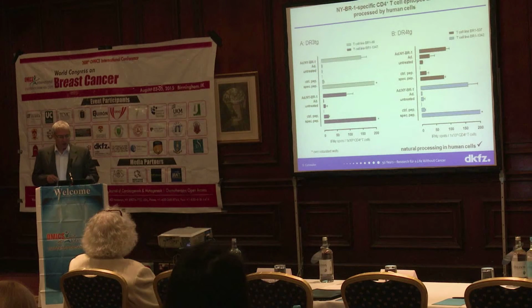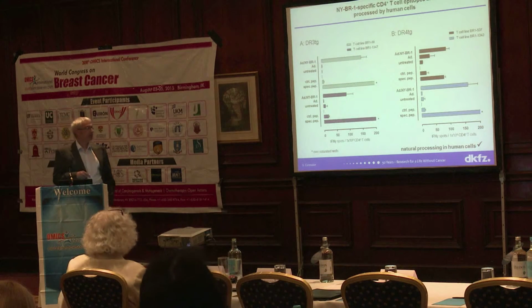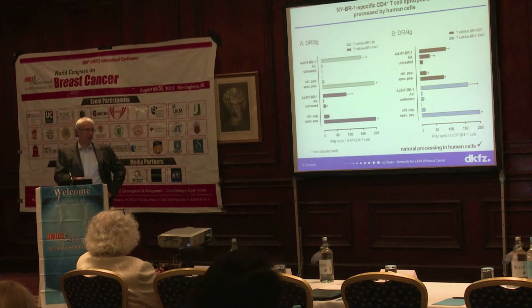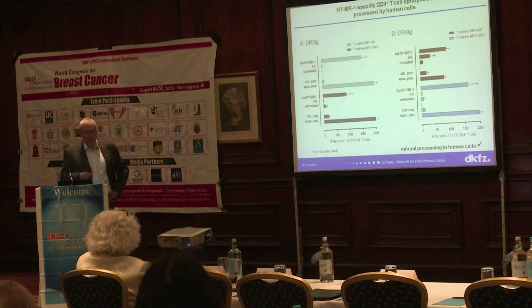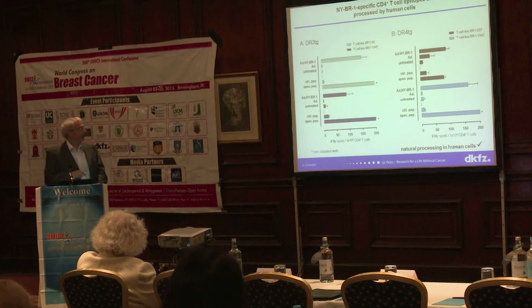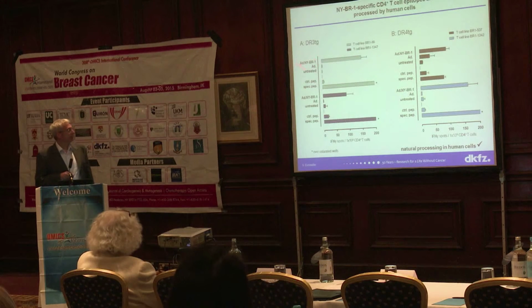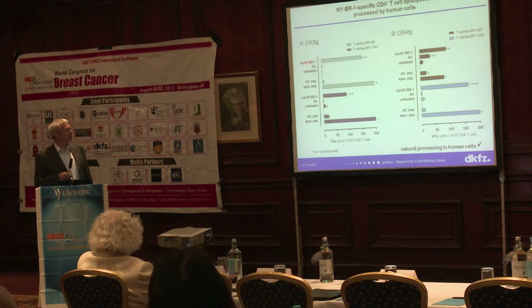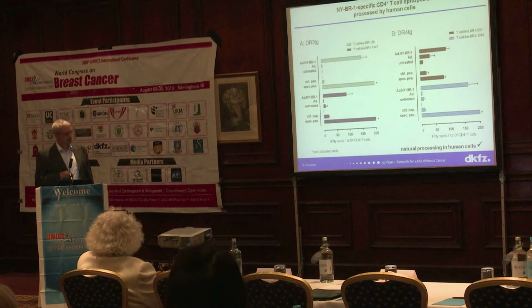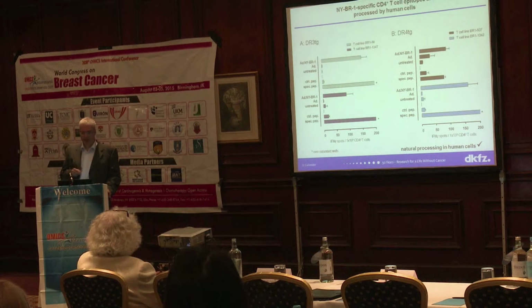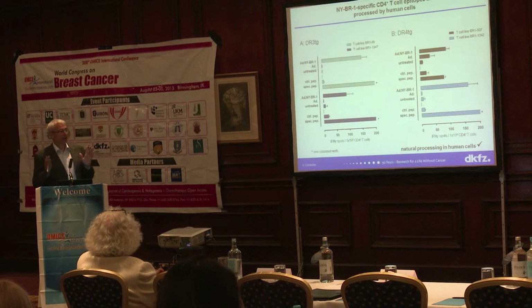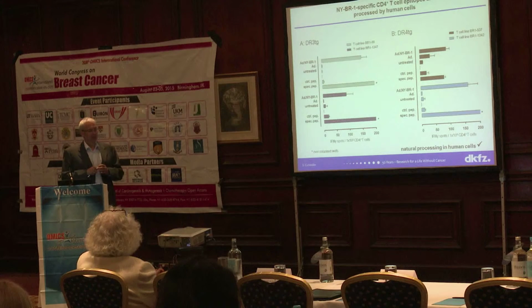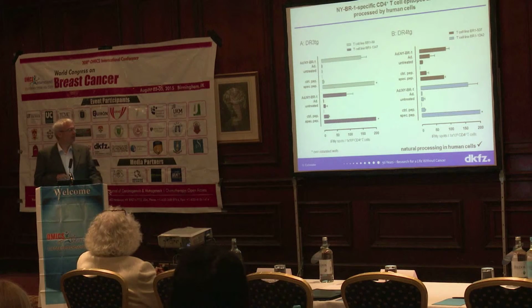This does not yet show whether these epitopes are really processed in a human cell, because that we have only shown in the mouse. Here we did an experiment which is a little bit indirect, and I can explain to you why. We used an adenovirus vector which codes for NURBR1 and a control adenovirus. And actually only melanoma cells have the correct receptors that they can be infected by the adenovirus. And unfortunately, the available human breast cancer cells are all negative for NURBR1. That's the reason why we had to go indirect.